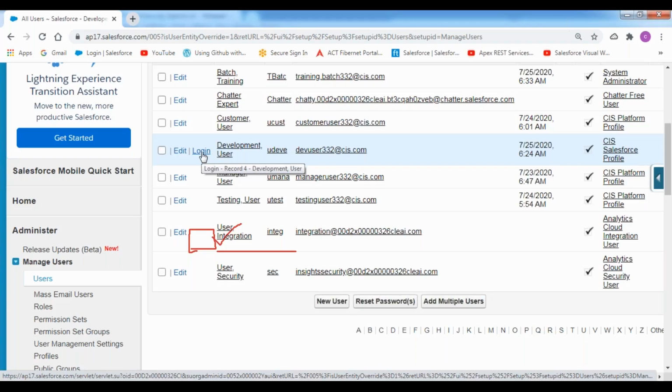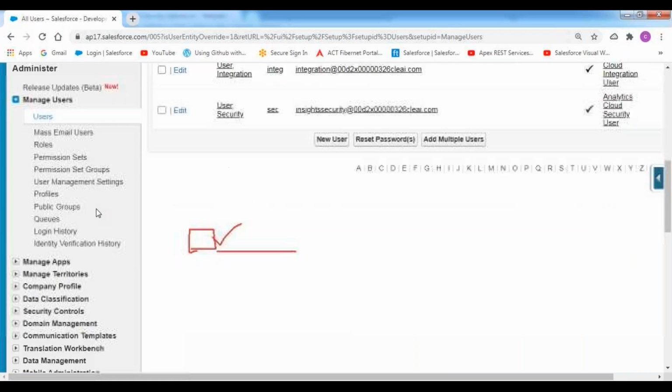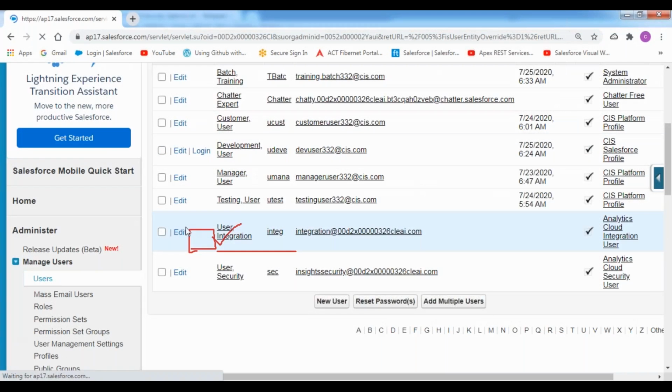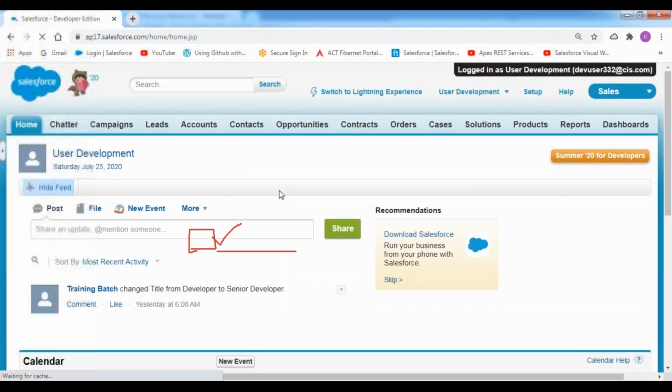That means only that development user account session should get closed. It has to come back to Abhishek's session automatically. So in this case, what we can do is prevent the user from logging into the Salesforce application again. Whenever I'm going to be logging into that user account, once you click on this login link, I can directly log in into that user account over here.